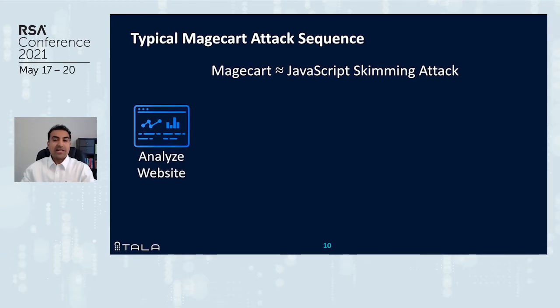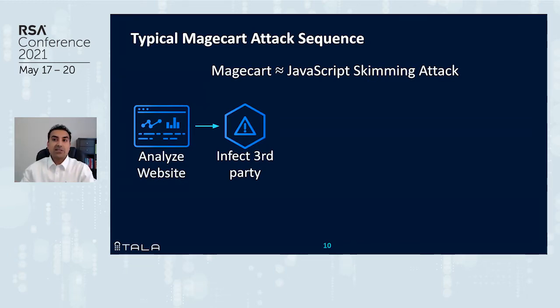Step 1, the attacker will try and find out what goes into your web application. That means listing out all your third and fourth party dependencies. Once the attacker has identified a suitable target, they'll use all appropriate means to breach into the third party servers. This can be achieved using any of the standard attacking and hacking tools, all the way from credential theft, SQL injection, RDP attacks, rainbow tables, whatever you can think of and that has been known or unknown, the attacker will try and use that to gain control of the third-party server.